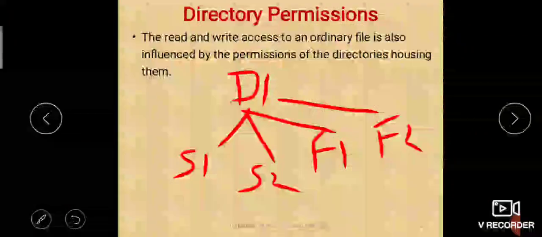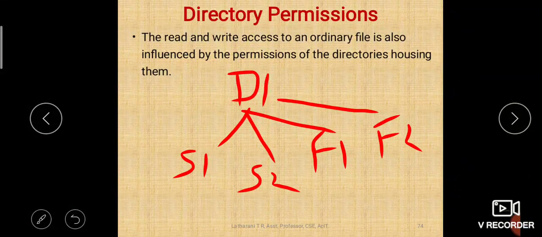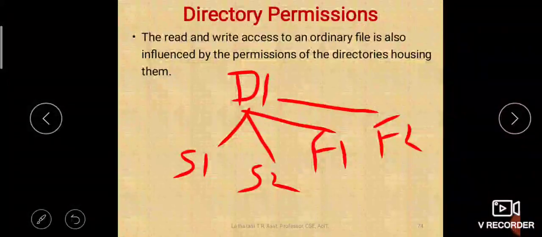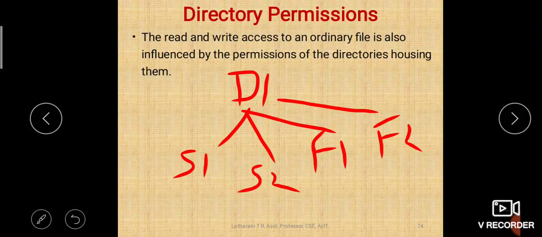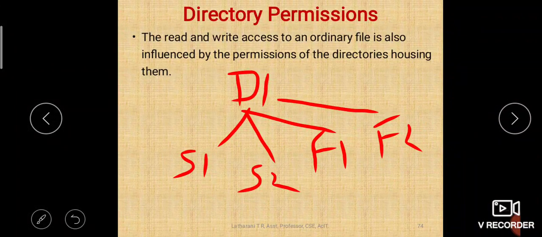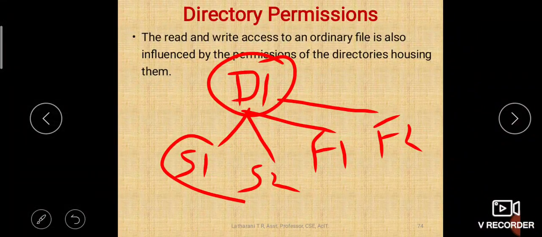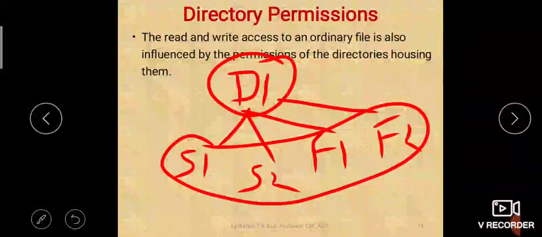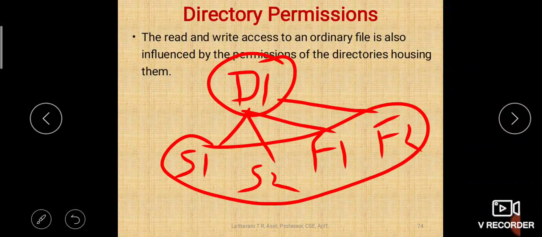Now, even though all these directories and files have permission to read, and read means access and display the contents, even though you have permission to read for all these files and subfolders, if you don't have read permission for d1, you cannot access any one of them.